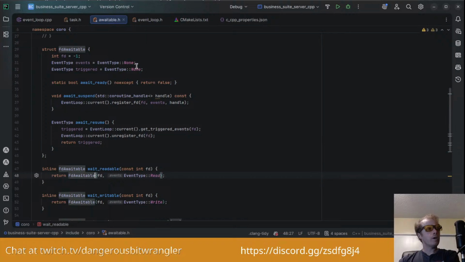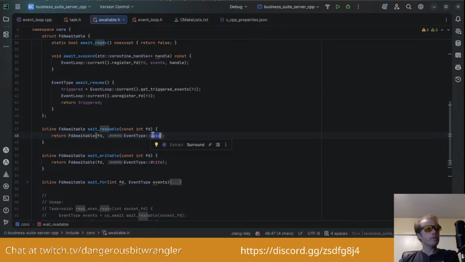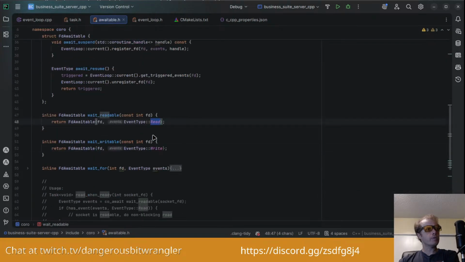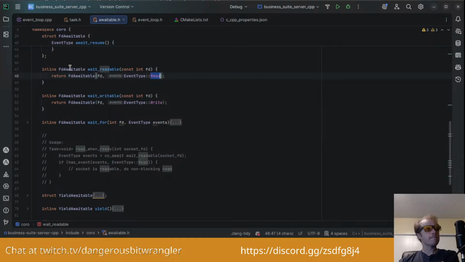It doesn't really have a defined constructor, so it's just literally assigning the events in the file descriptor. So it's just giving it a new instance. Wait readable, get me a new instance of FD struct, awaitable struct.